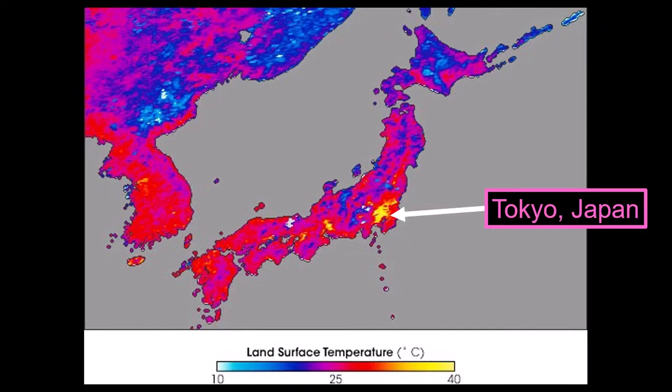Now I'm going to go through a series of maps that clearly show the urban heat island effect. In this first one, what we're looking at is essentially a remotely sensed image, and it's showing the heat of the surface. This is just showing the temperature of the surface, but nonetheless what we can see is where